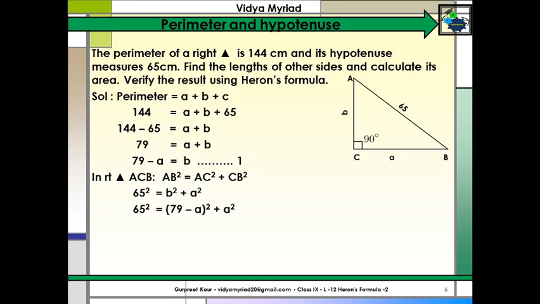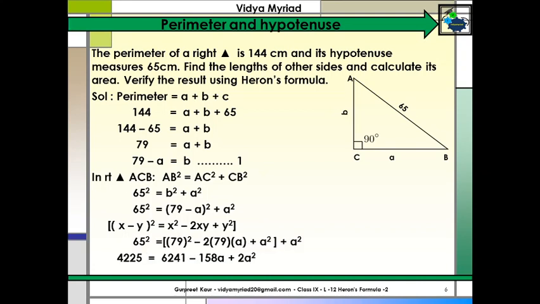And if you see, 79 minus A the whole square is similar to your algebraic identity, that is x minus y the whole square is equal to x square minus 2xy plus y square. Put that thing into the formula and you will get like this. After opening the brackets, the situation comes to like this. Now, what is the way to write the equation? You should have highest power first with the variable, then lowest, then the constant. Okay. So, let me rearrange it. It will become 2a square minus 158a plus 2016 is equal to 0.